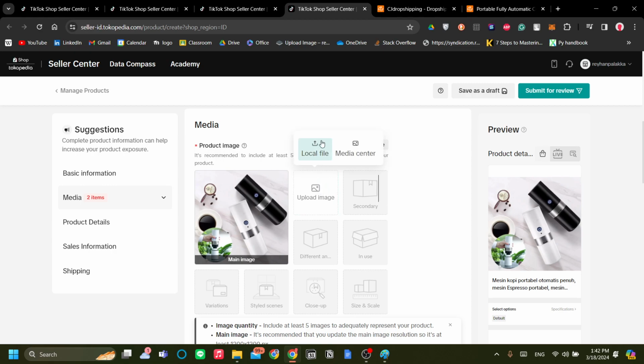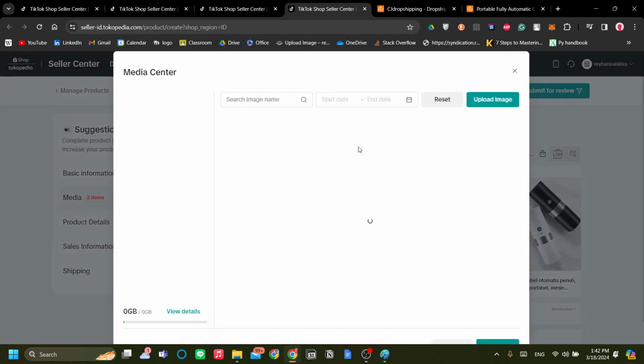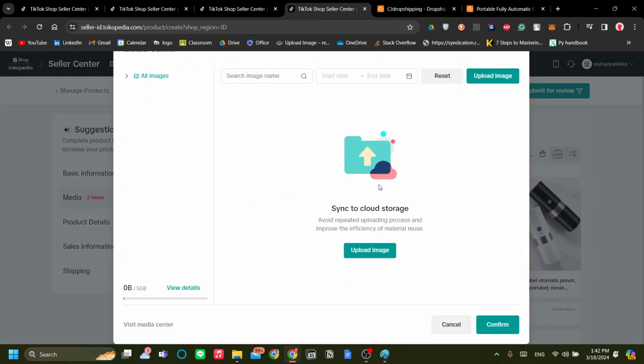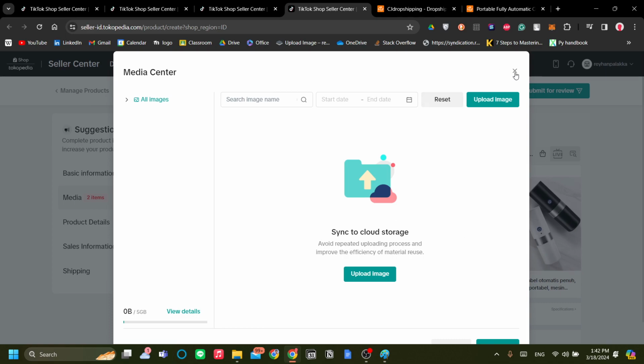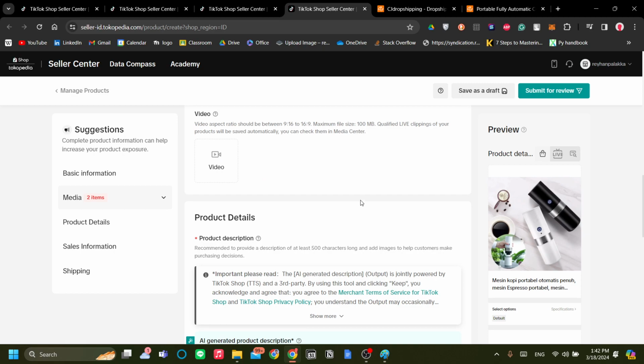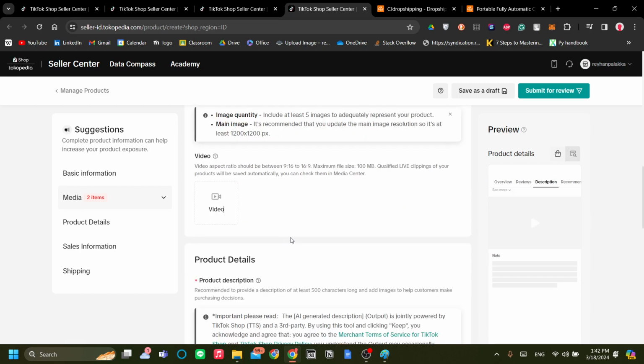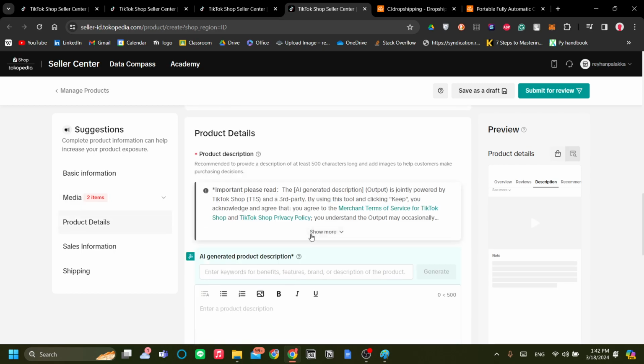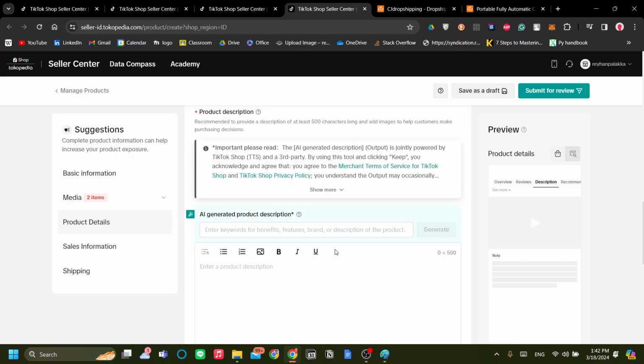Okay, so the other option you can do, aside from adding a local file, like an image that you download or you take yourself, is to go to Media Center and just look for the images that you have previously. You can have an optional video if you so choose, but in this case, I'm not going to choose it. Now, the product details, the product description will be AI generated,